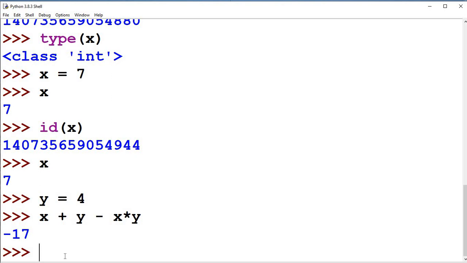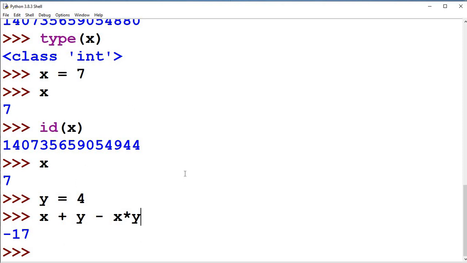This way you write, and each line is an instruction. So suppose first you write x equal to 7, then y equal to 4, then x plus y minus x star y. You collect all those lines, and this collection is called a program.